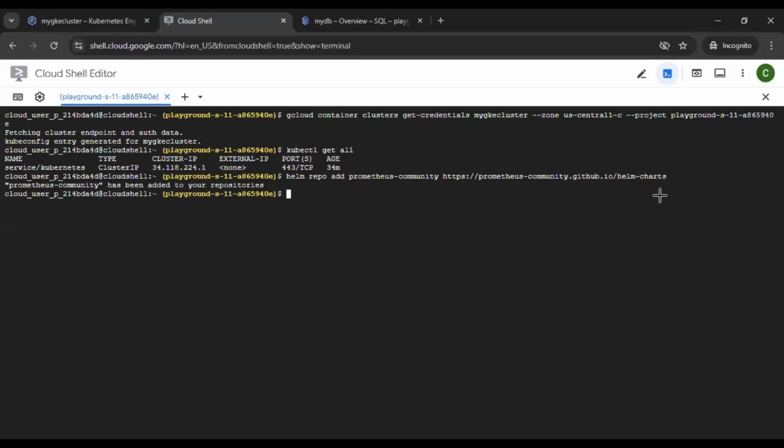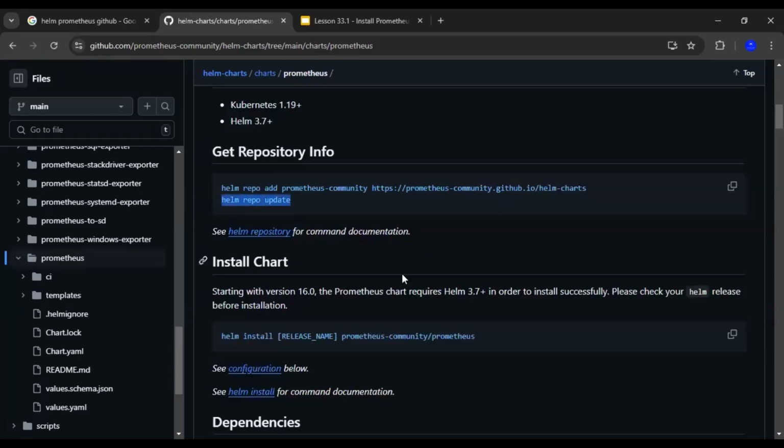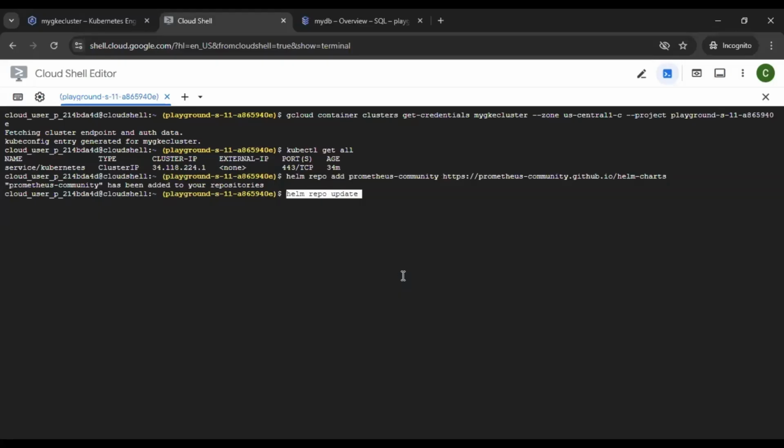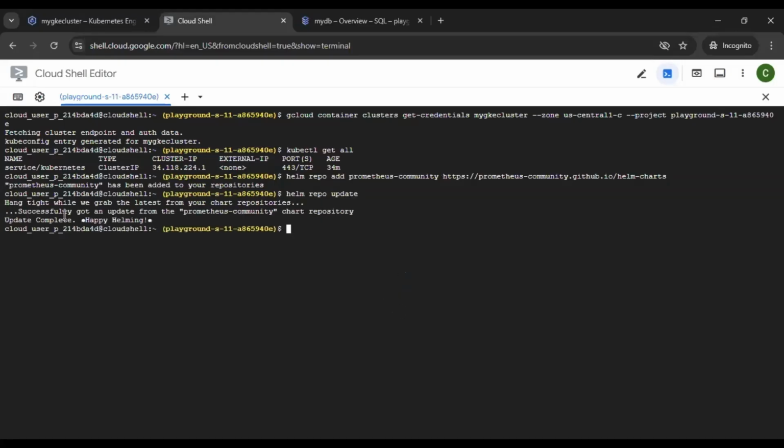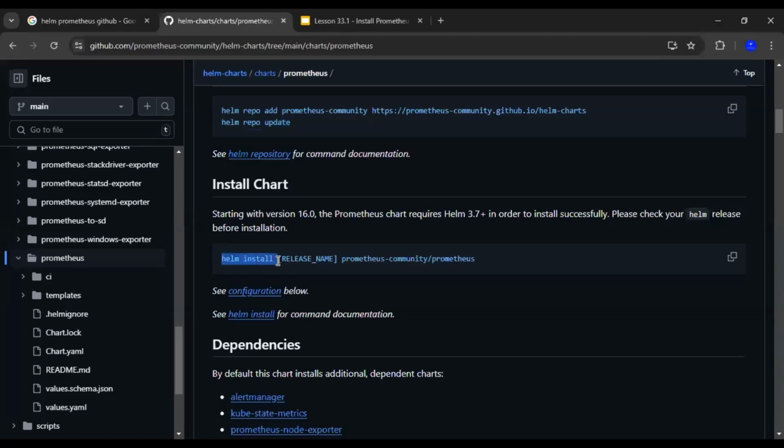This is the GitHub repository page, what exactly we're going to add right now. Once it is done, we are going to update our repository, and it will install the repository. It will successfully get updated. So now we are going to install this